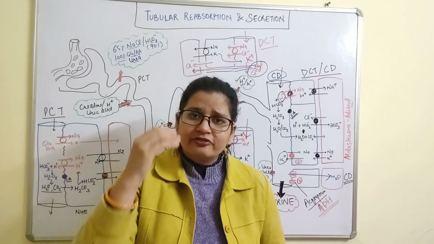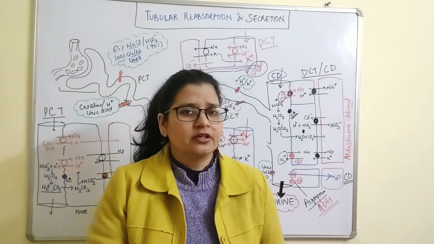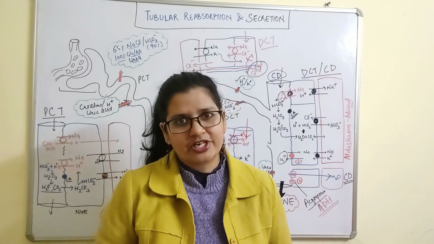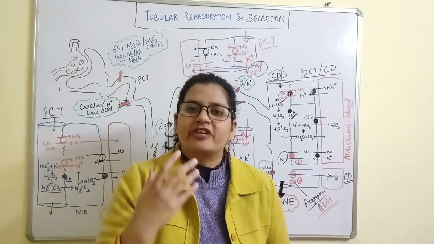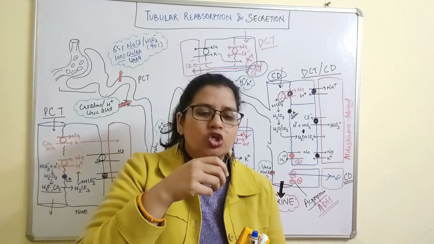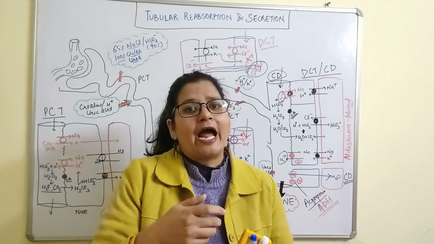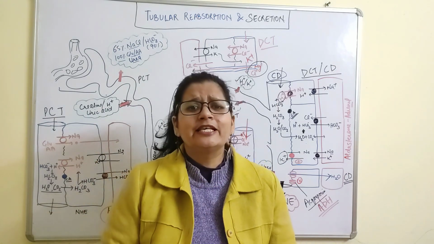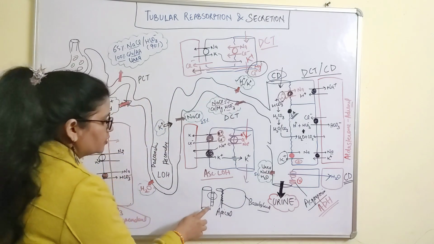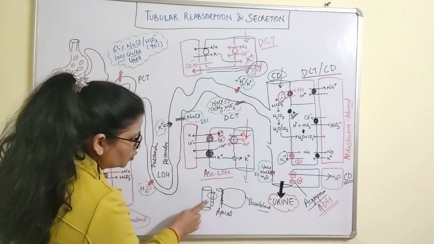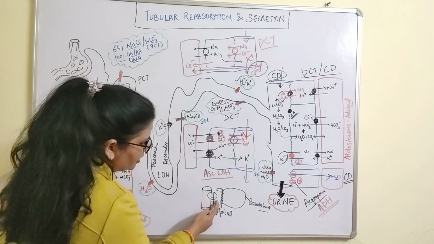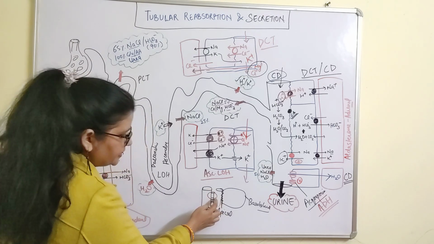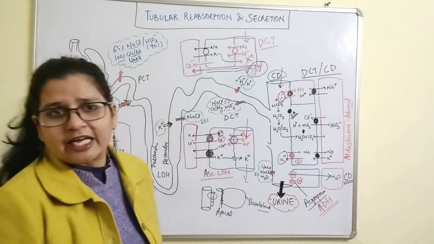So for diffusion of these substances in any direction, we have to know about some channels on the apical and some channels on the basolateral membrane, because these channels are fixed. Some channels are required to take the substance from the tubule into the cell, and from the cell to the blood. So you have to understand this. The apical membrane is always toward the lumen and the basolateral is toward the blood. So we have to zoom in on one cell and see which transport mechanisms are there.